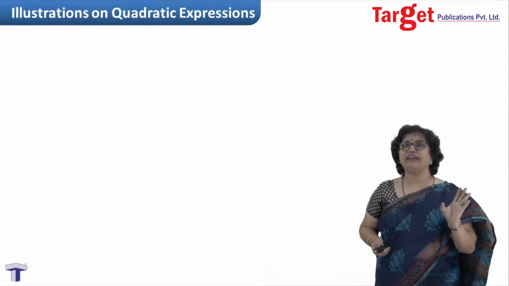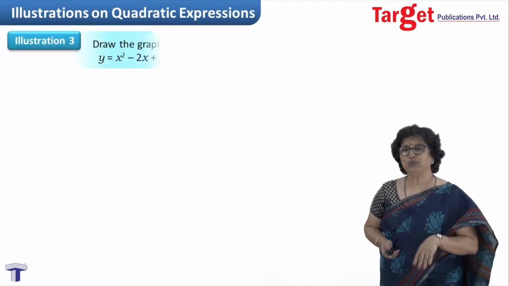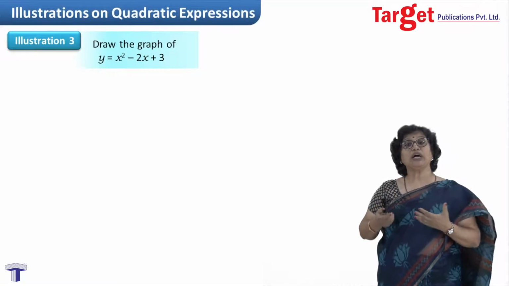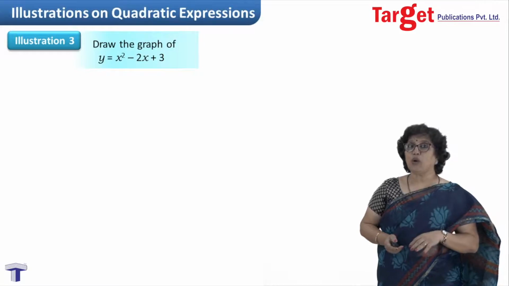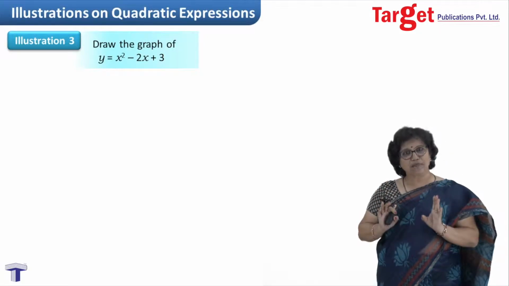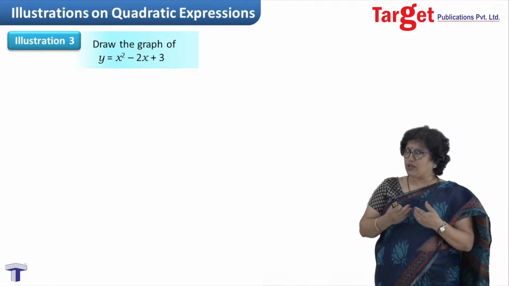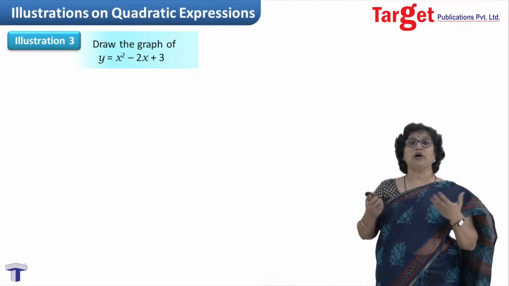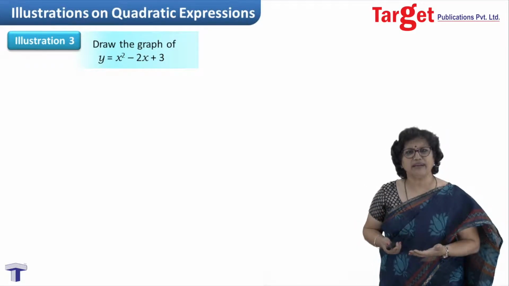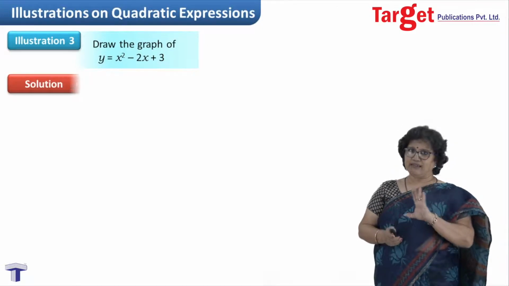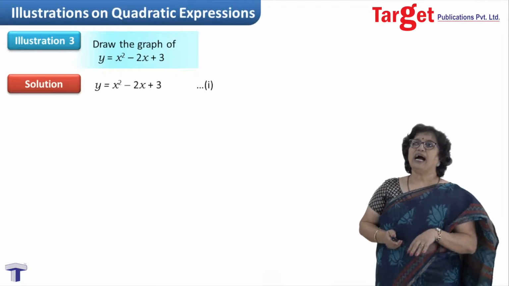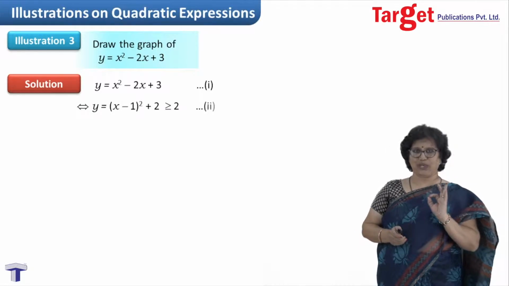Let us move to the next one. Again, that is going to be very different from the previous two. And that is: draw the graph of y equal to x square minus 2x plus 3. Now, frankly speaking, the idea behind taking this question is because I have been mentioning that we will draw graphs, so how many of you are ready for it? I mean, have you ever tried drawing graphs? So let us try. Step by step we will do. I start first with x square minus 2x plus 3.